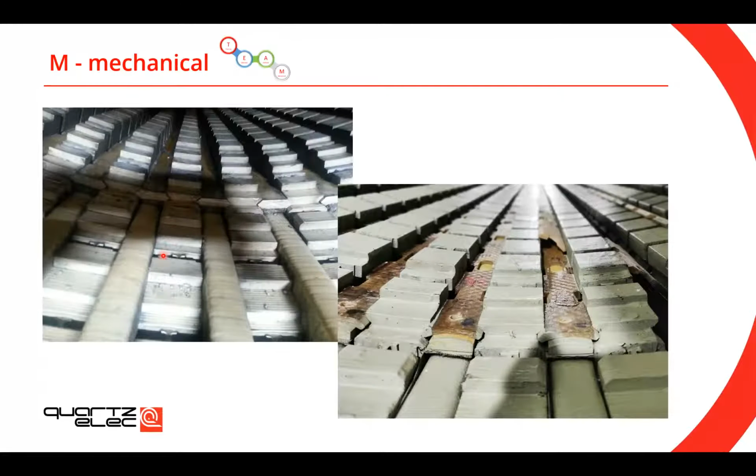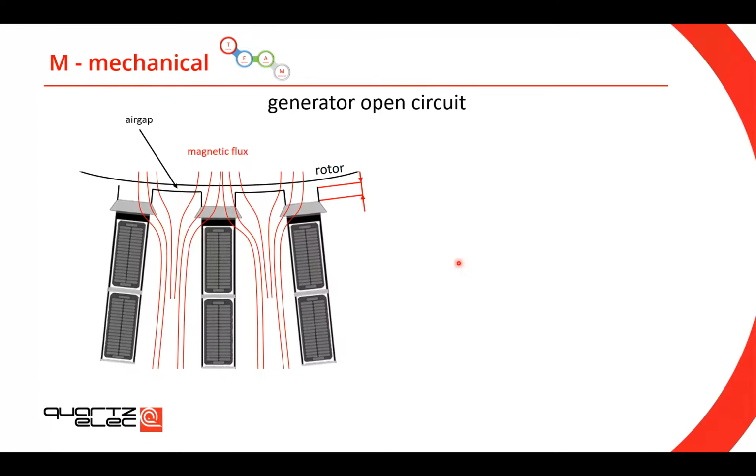All right, mechanical, that's an interesting bit because we're going to talk about an electrical machine, and yet mechanical influence will damage the insulation also quite fast. What I want you to focus on in that slide is the pictures that show how deep the stator winding sits in the slot. So you can see that step between the bore of the stator and the top surface of the top bar. And on the second picture, it's not as deep, but also deep enough. Why am I saying that to you? Well, have a look at this slide.